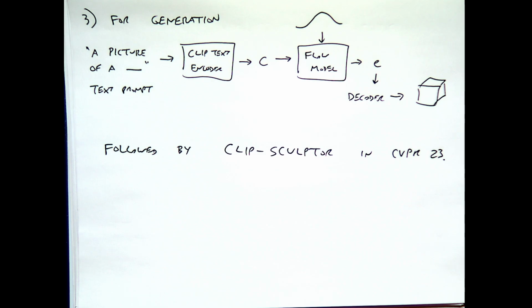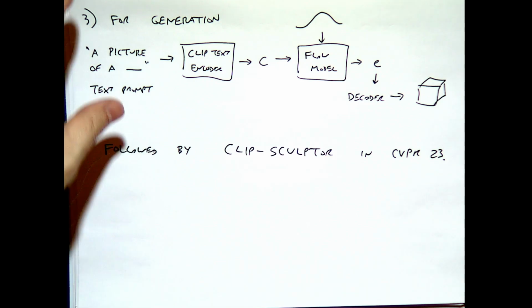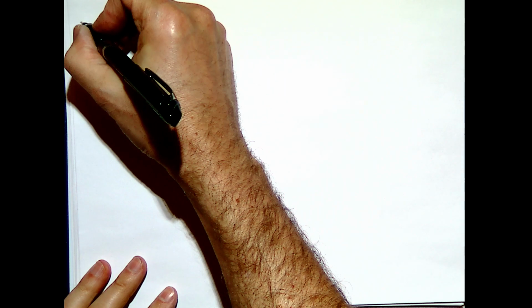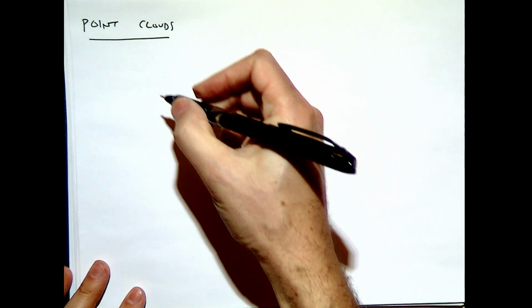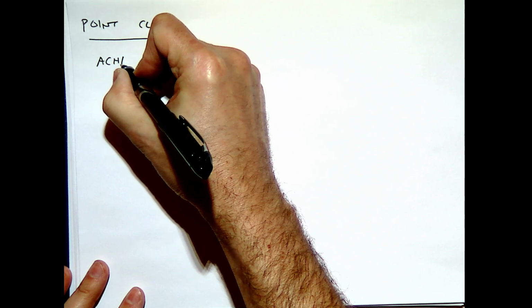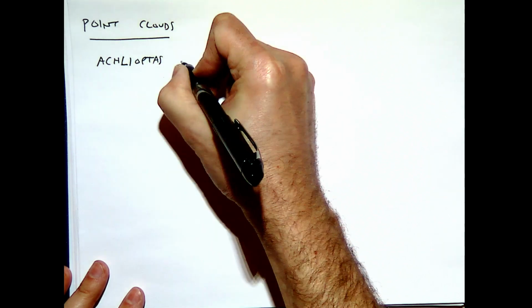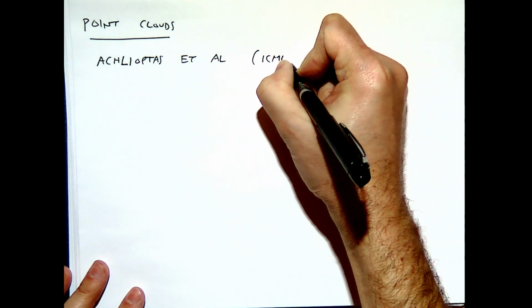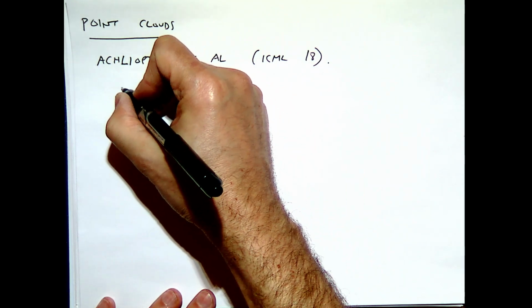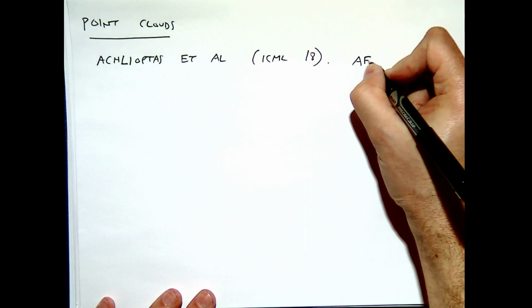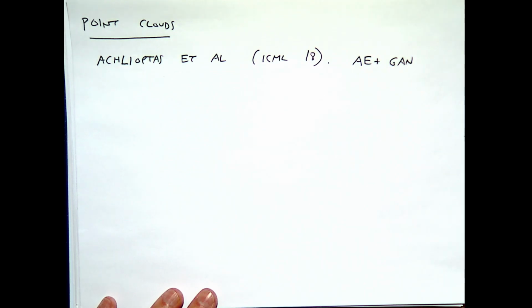The next thing to talk about is point clouds. Okay, so we talked about before how point clouds are natively produced by lots of 3D scanning hardware, and so it makes sense to try to design generative models that can produce those kinds of things. So in the world of point clouds, the pioneering work was out of Stanford, if I recall correctly, Achlioptas et al. in ICML 2018. And this was basically a combination of an autoencoder plus a GAN to operate directly on raw